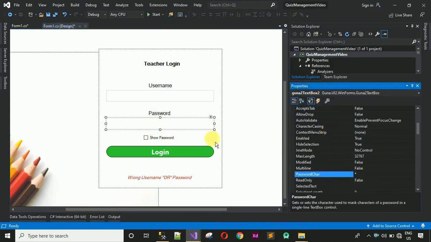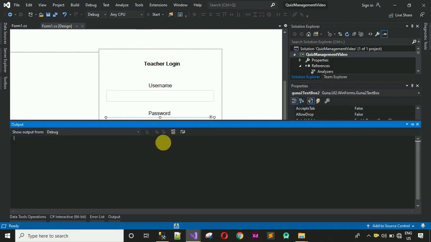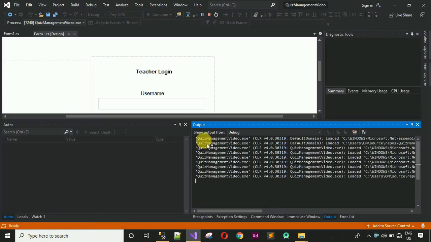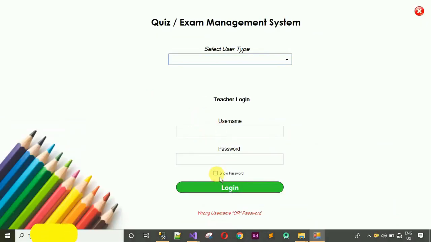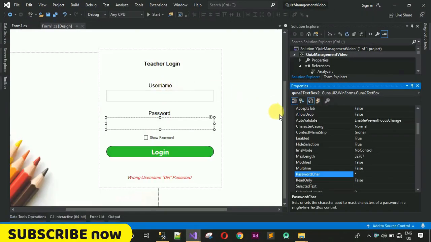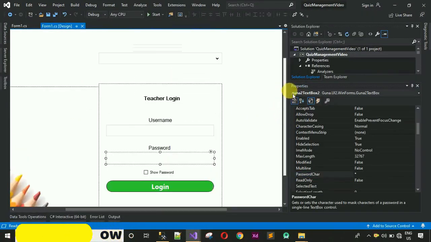It means that whenever we write inside this one, it will be written in the star format by default. So let's start this and let's check. And here we go. Now whatever we write inside this one is in star format, and this one is looking nice. Okay, so next thing what we have to do is we have to change properties, that is the design name for